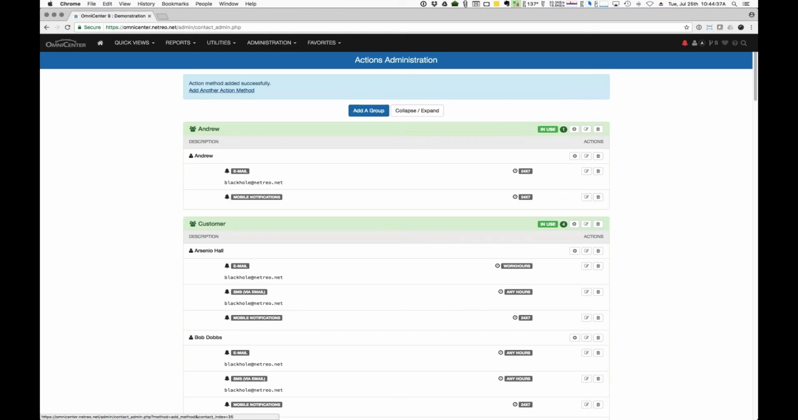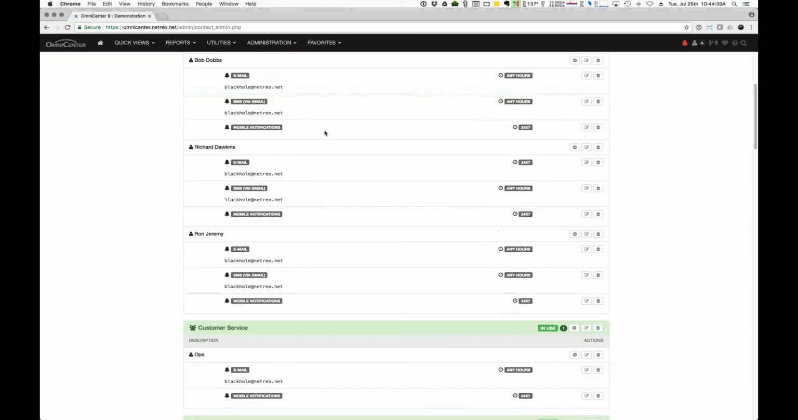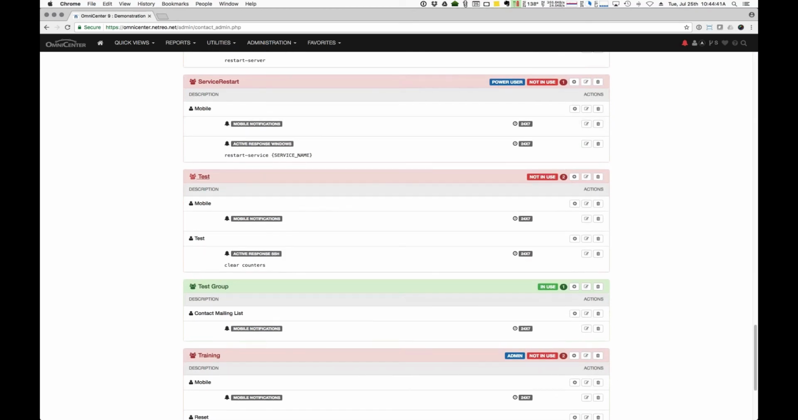You can add additional methods to that action. So if I go down here and look at my test action, you can see it's red because it's not assigned anywhere. It's not in use. And currently there's an active response SSH, and by default, it'll always create this mobile notifications tag for each of the groups. When you configure the mobile app in OmniCenter, you'll see in the settings all of the different action groups that are configured on your server,